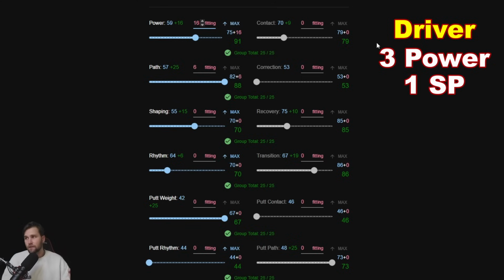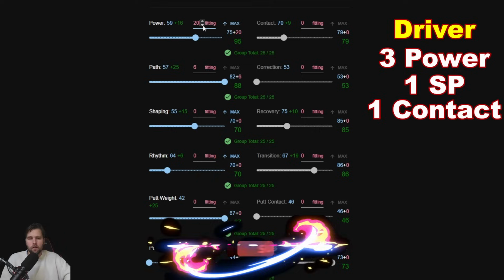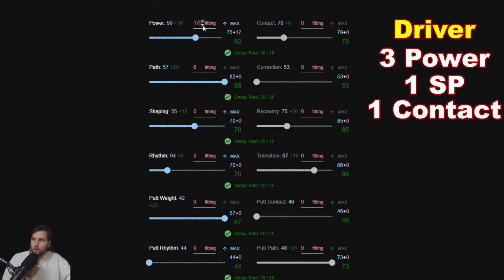Now for this last fitting, so we have 3 fittings right now on power. We have 1 fitting on path. You need to ask yourself a couple of questions here. Test it out and find out which one works for you. If you need a little bit more distance, which I don't think you're going to need, you can go 1 more here and get this up to a 95 overall. You're going to be pretty much 297 driver across. You're going to be hitting it pretty far. But I'm not going to be doing that simply because I don't think I need that extra 2 to 3